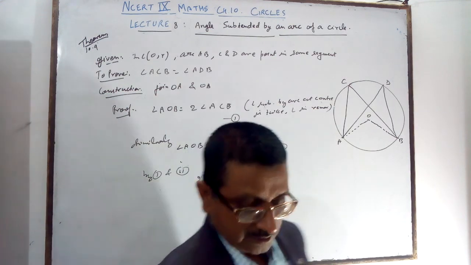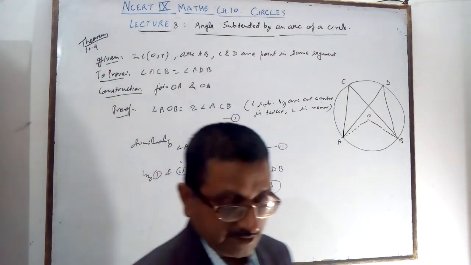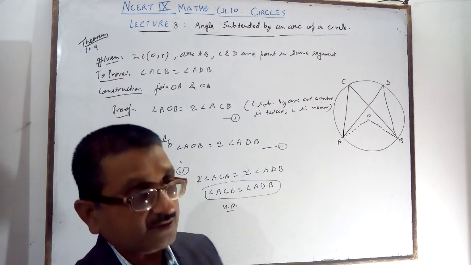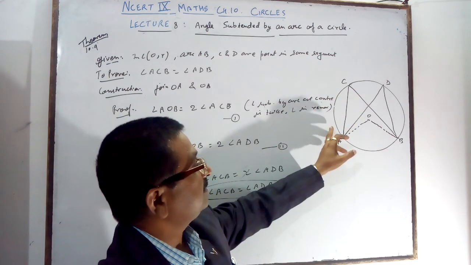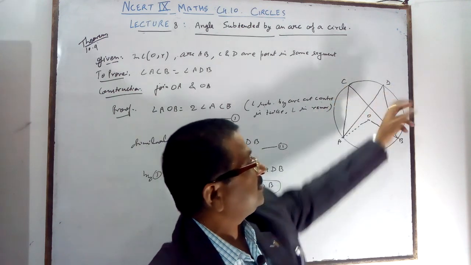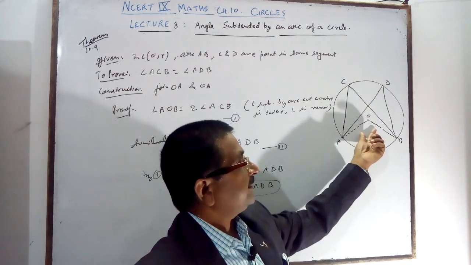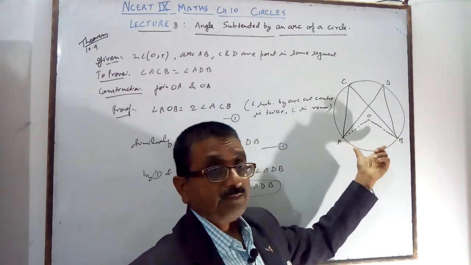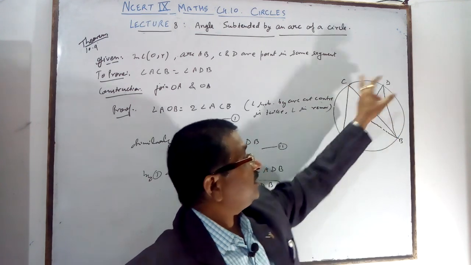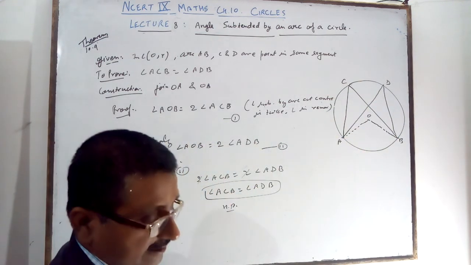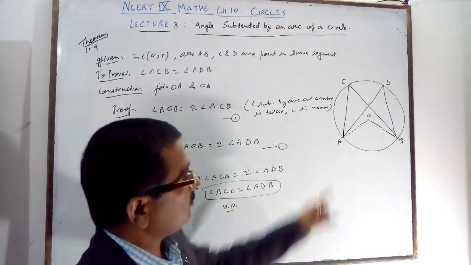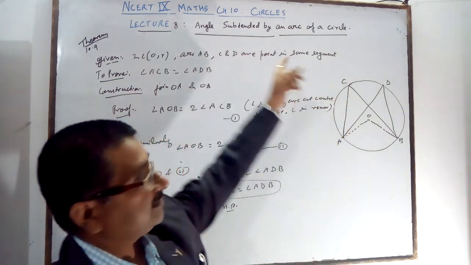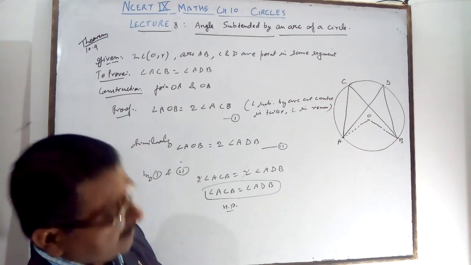Hence proved. You are getting the angles very easily. So angles in the same segment of the circle are equal. Any part, not just two, I have taken many: C, D, E, F, G, H, any. All will be related with AOB. AOB is twice of this, twice of this, twice of this. Many angles are there from AB. From B to A, any point you draw an angle, you will get the same. You can take E also here, but the E and O relation is the same. What is the relation with C and D? A very important part you are seeing.